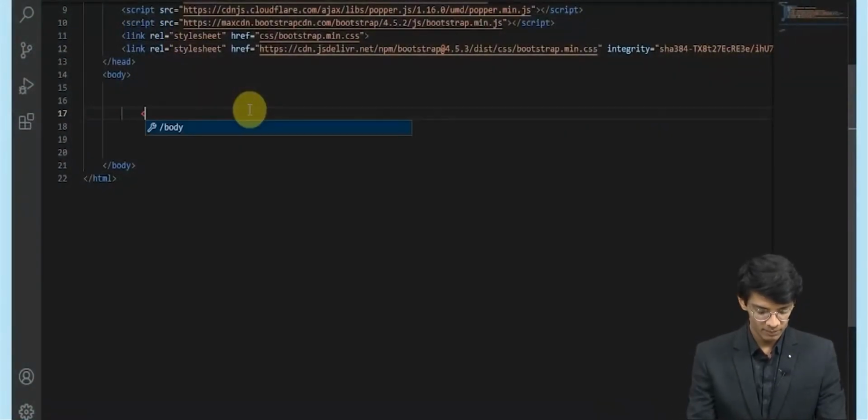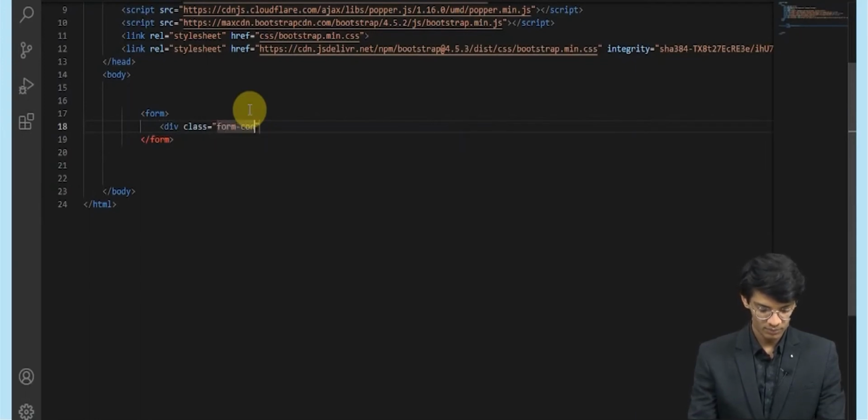As you can see, I am taking a form tag, and inside that form tag I am taking a div class form control.